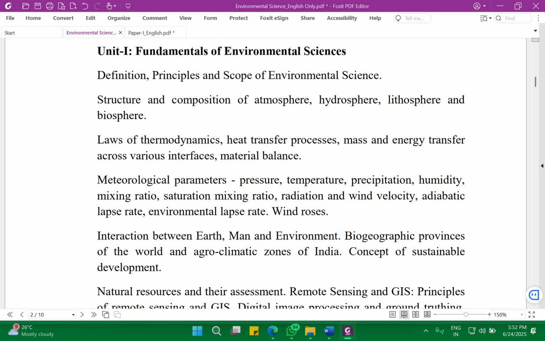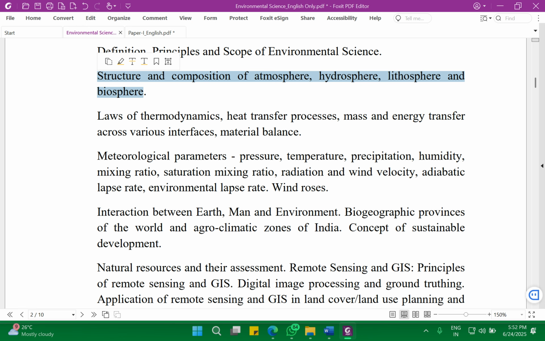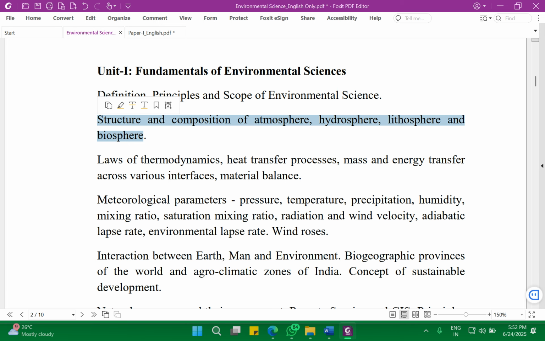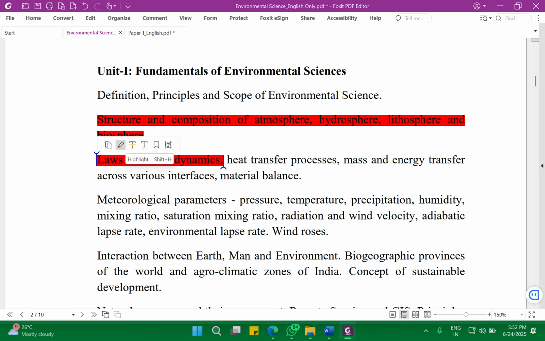This unit 1, environmental sciences fundamentals. So most of the things you may all have studied in your undergraduate as a part of environmental studies and disaster management course, which is a universal course for all the undergraduates in our country. So most of the questions you may have from this structure of the composition of atmosphere, then this law of thermodynamics,